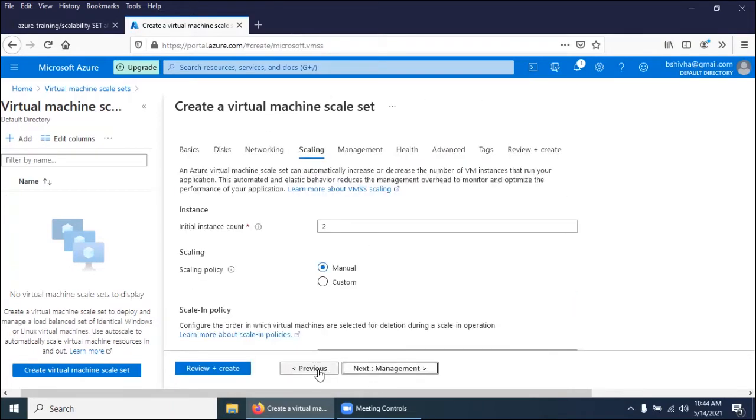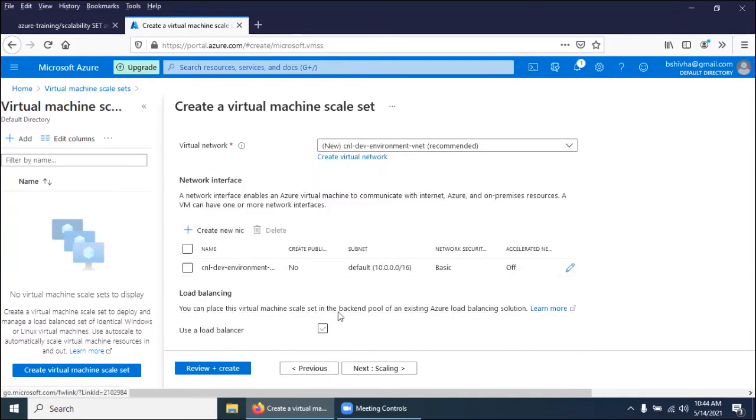Scaling part. Another option is, if you have an empty load balancer, you can associate it. Let me draw a diagram. We will see load balancer in the next session, but here you need to know how to associate that load balancer concept. Basically, you have a production application with a DNS name, and whoever reaches this DNS name, if you have only one virtual machine, you cannot handle more load, correct?